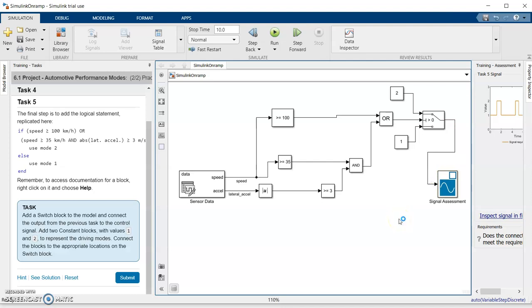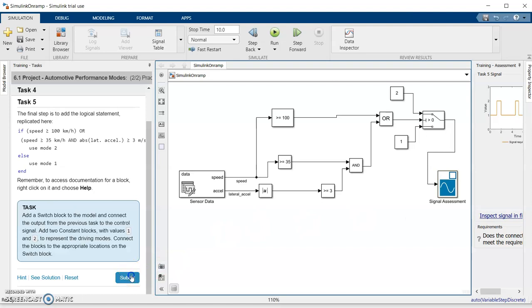So this completes our entire logic, and now our signal will show the proper mode based on the data which is given. Now the data which is given is speed and acceleration data. Depending on the values of speed and acceleration at a particular time, because the data is with respect to time, at a particular time the speed will be something, acceleration will be something. So based on the inputs of speed and acceleration, we'll get the output graph. Sometimes it will give me mode 1, sometimes mode 2. So let us see the output of this.